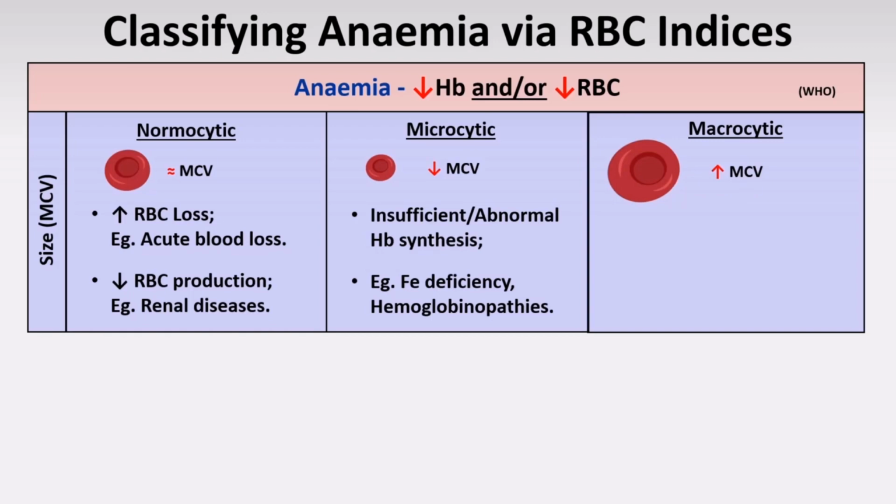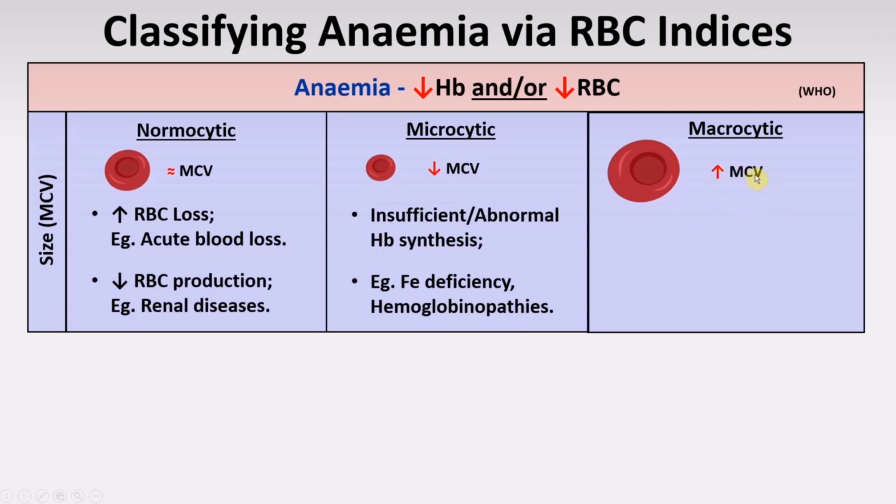Now, that's not necessarily the case, because big RBC means that it may not be able to pass through the tiny pores in the capillaries, and because of that, when it tries to squeeze through, it may burst, and that hemolysis or bursting of RBCs may then result in hemolytic anemia as well. Okay, so yes, when there's big RBCs,